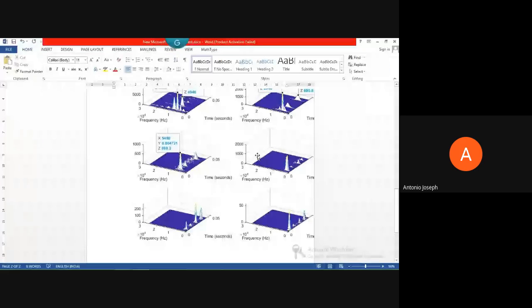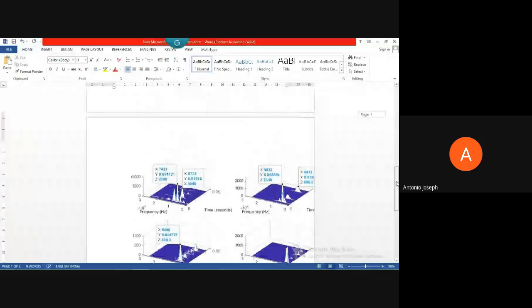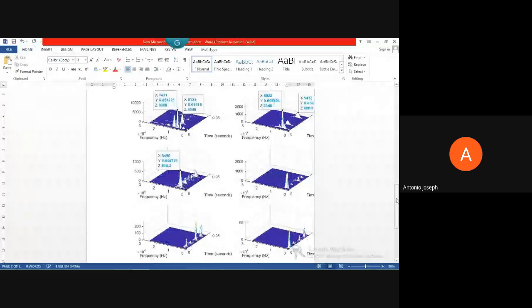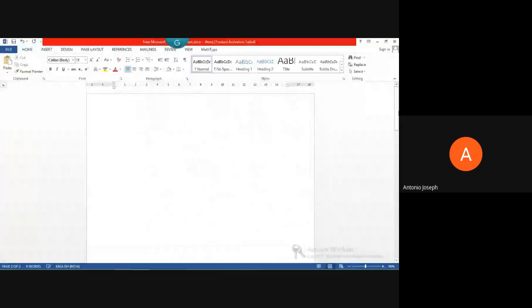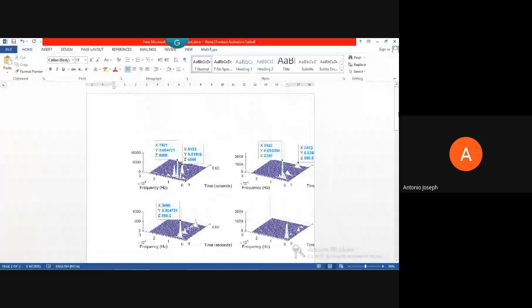This first file is in the EPS format, and the bottom one is the JPEG format. In this document, if you are looking, it seems that JPEG is having more clarity than this EPS file, isn't it? It seems like that. And if you are zooming, what happens?